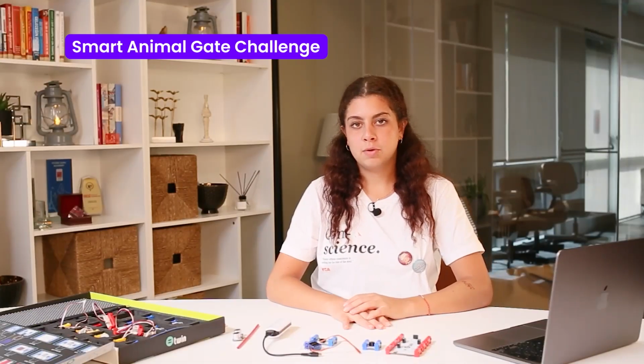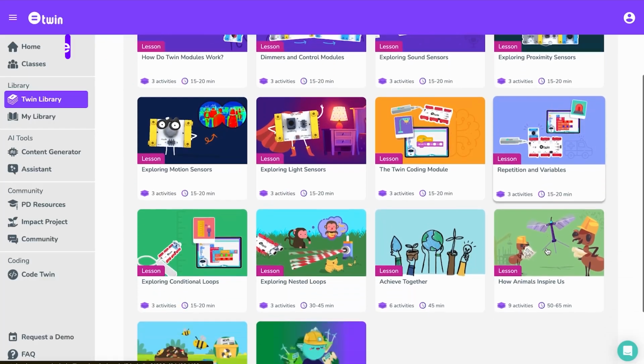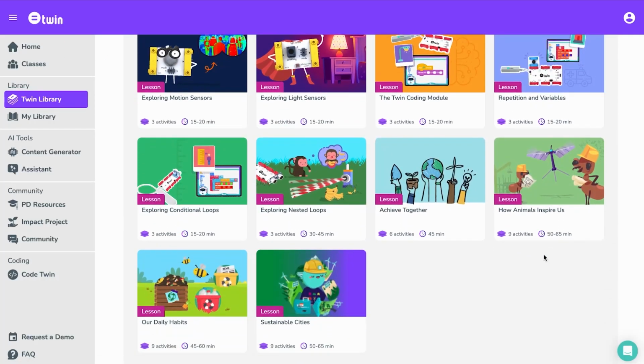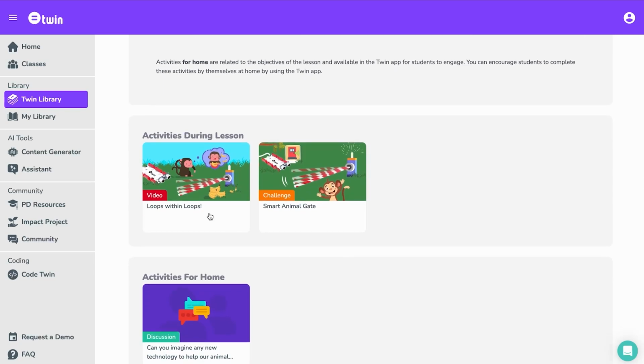For our next experiment, we're going to look at the lesson plan Exploring Nested Loops. Again, we can access this through the World Science Movement Term 1 part of our portal. If we go into it, we're going to be greeted by our introduction, learning objectives, materials, curriculum alignment, and the Sustainable Development Goals. And then we're going to see the video called Loops with Loops, and then our challenge, Smart Animal Gate, where you can do the Smart Animal Gate experiment with your students using the directions on the lesson plan,